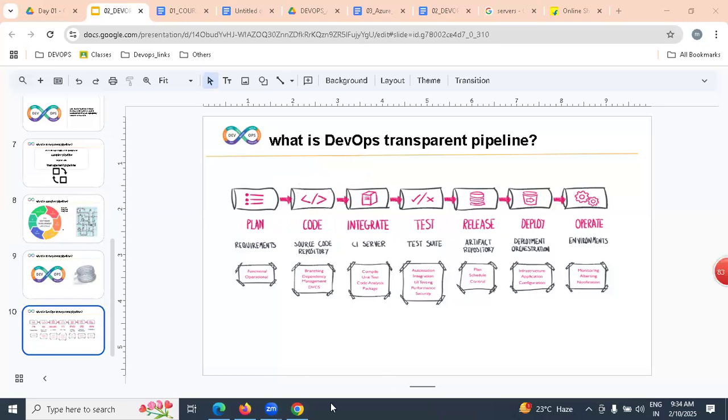Once it is maintained, the lines of code from all n number of developers need to be continuously integrated. Once integrated continuously, to check whether it is working or not, we execute test cases.